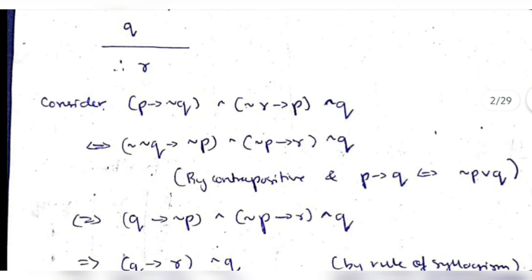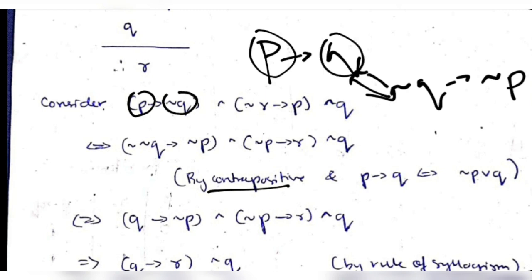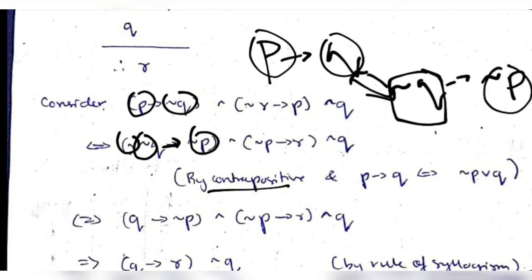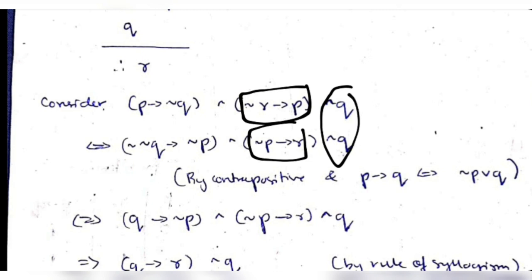Now firstly you need to know what is contrapositive. Okay, now see, contrapositive is nothing but if it's P conditional Q, then the contrapositive will be not Q conditional not P. Okay, these both are logically equivalent. Okay, now according to that, P is P here and Q is not Q. So in contrapositive, not Q will be not of not Q, right? So not of not Q conditional not P. We'll write that here, and similarly we'll do contrapositive here also, and this will be the same thing here.